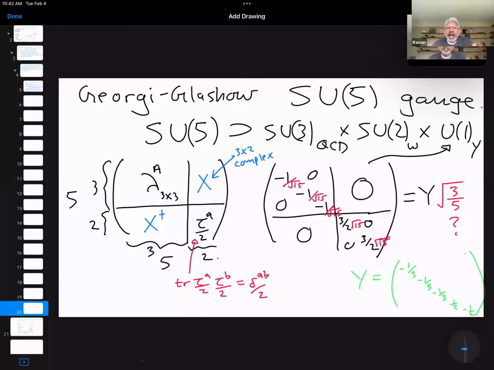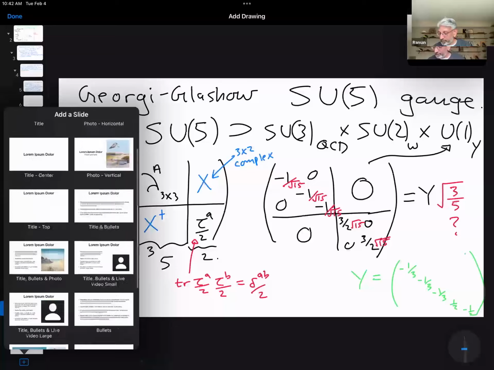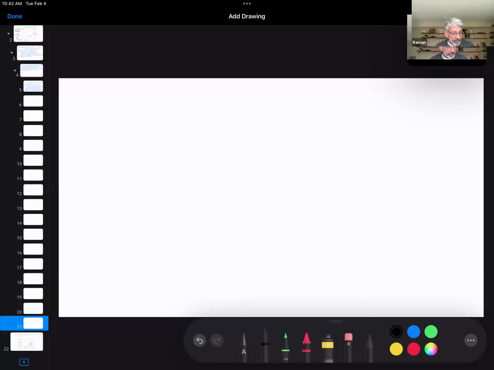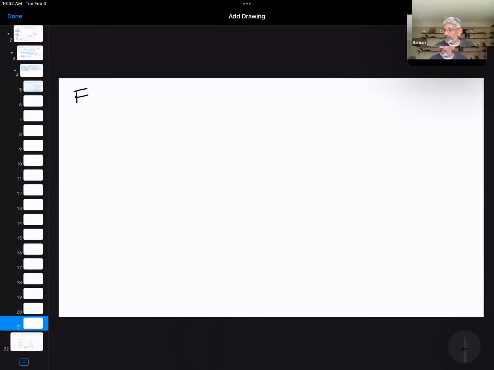Okay, so the question is, how does everybody that we know and love in the standard model transform under SU5? So let's see. You could say, let's hope for the simplest thing. Let's hope that the fermions could be in the so-called fundamental representation, the 5 of SU5. That's a very simple representation. That's the defining representation of SU5. So we can hope that that's the case. In which case, psi would equal,